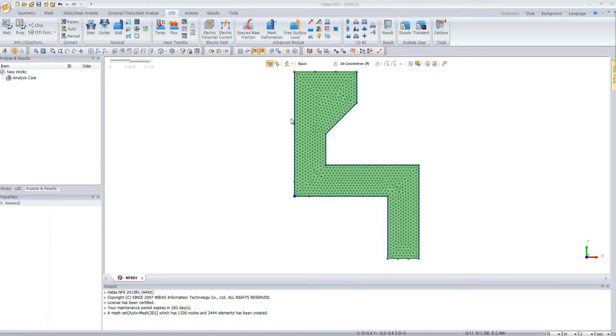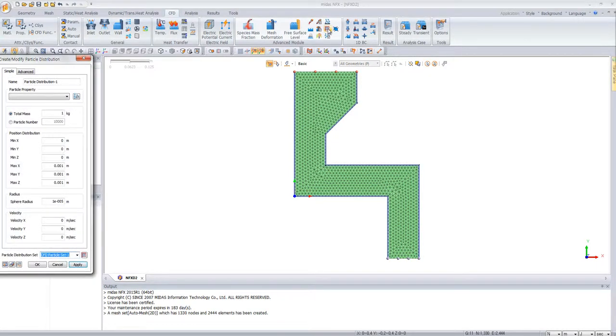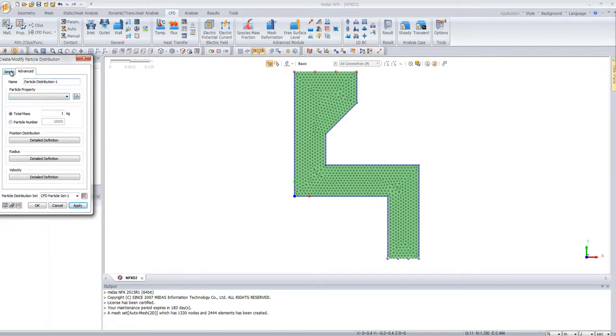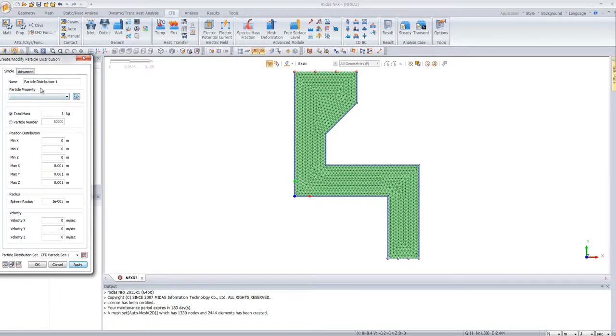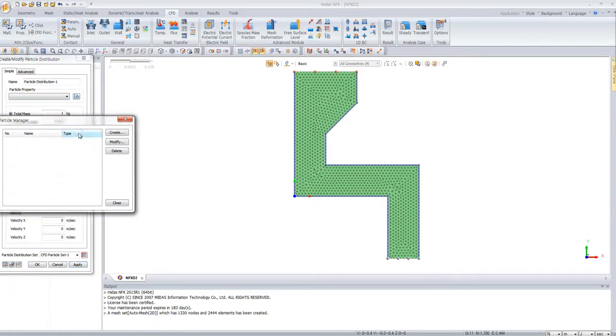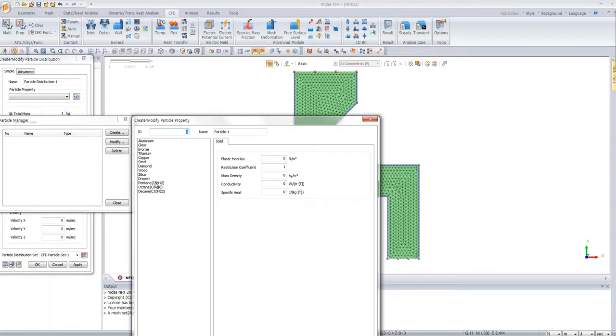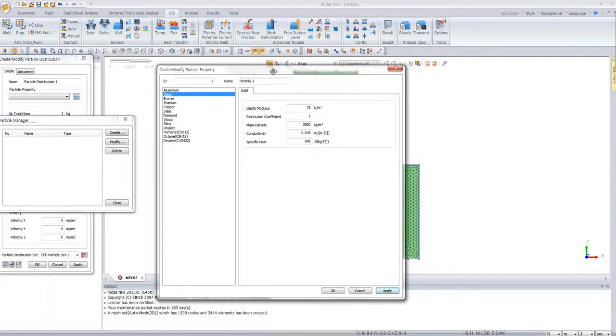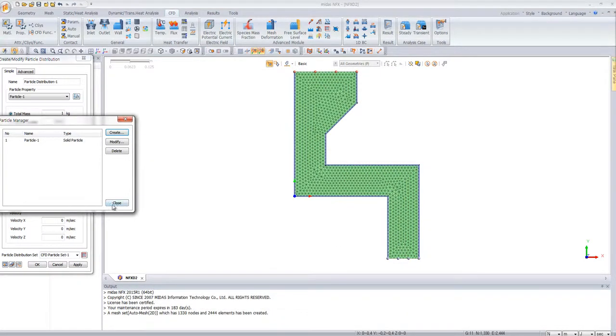Now that the CFD model itself is defined, what we'll have to define is the particle distribution. Particle distribution represents the area where the particle will appear at the beginning of the analysis. So you have to tap simple and advanced. I'll use a simple, and first of all we'll have to define the particle properties through the particle manager. You see that you have several types of materials that you can use for the particle. So for this example we use simple glass particles,